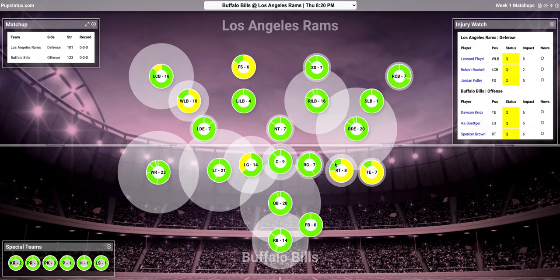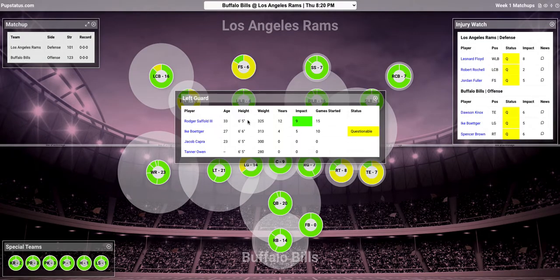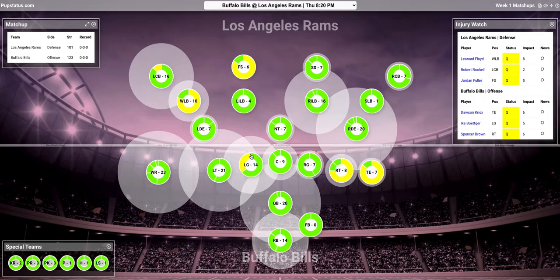So anyway, looking at the charts here, this circle is a representation of this number here. So these are intrinsically linked. The 4 meaning almost no strength, a 16 meaning quite a bit in this position. So if we look at their left guard situation, you can see part of it is yellow, and that slice is the percentage of this number that that player is. So they have two players in this position with a relatively significant impact, a 9 and a 5. The 5 being questionable, so the total is 14. Whatever percentage 5 is of 14 is considered questionable.